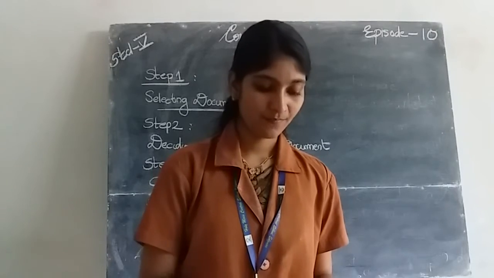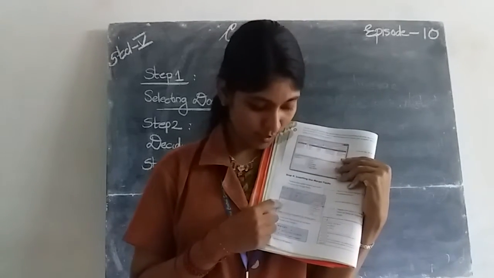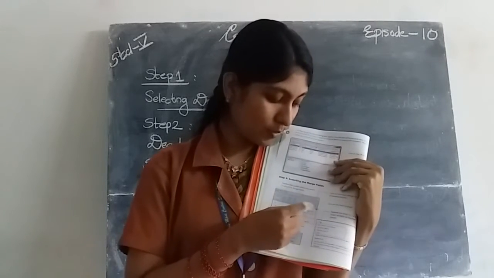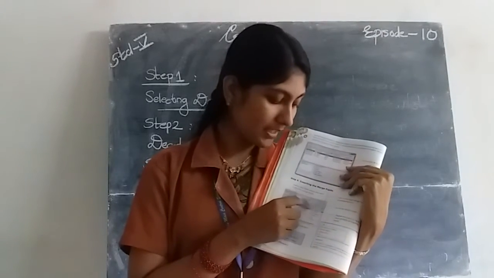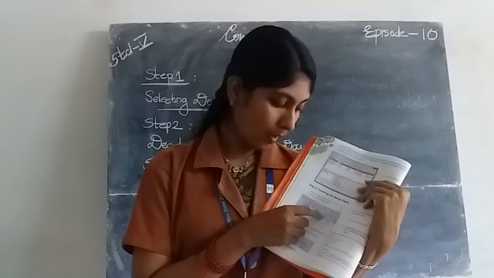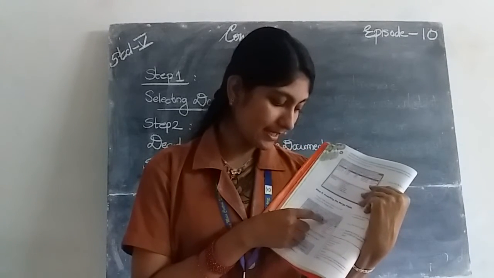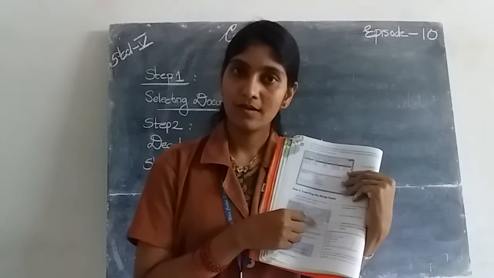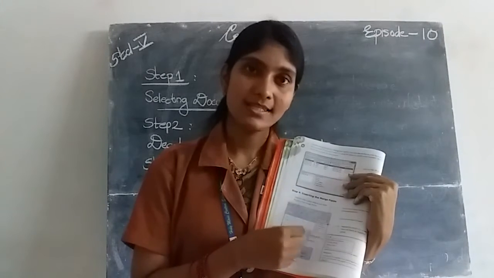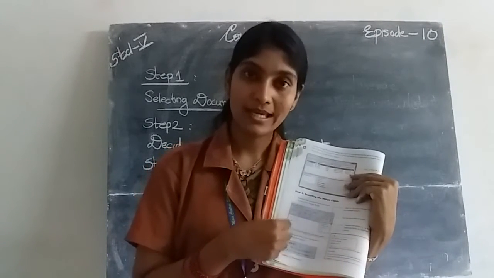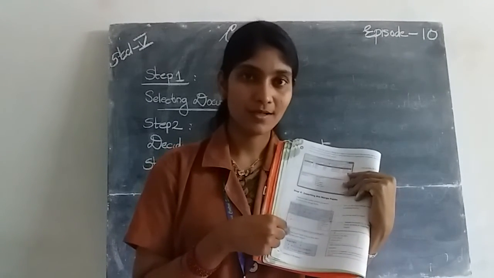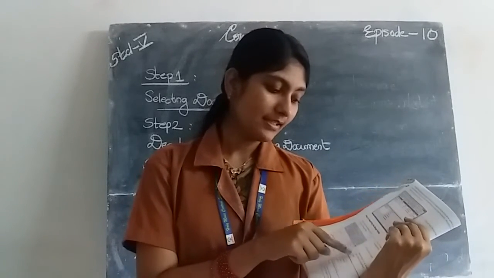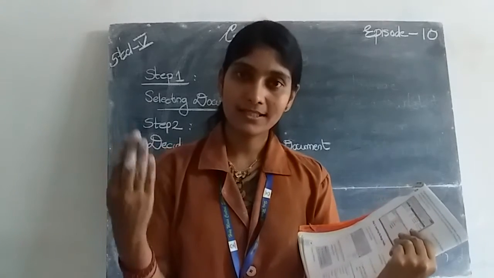That means here, in the To line, put the cursor here. To enter the first name, go to the Insert Merge Field button and then select First Name. Then select Last Name. Select Address List. So you can enter the address of that person in the To section. Okay. Then next, repeat the steps for other recipients.